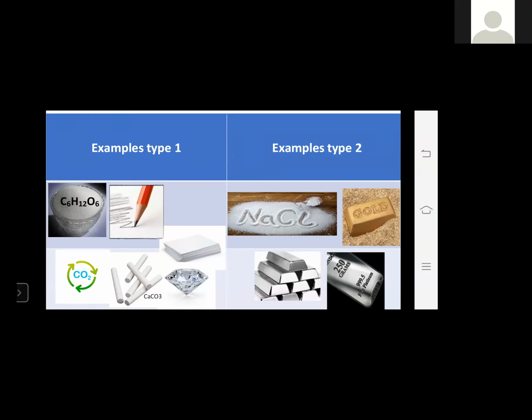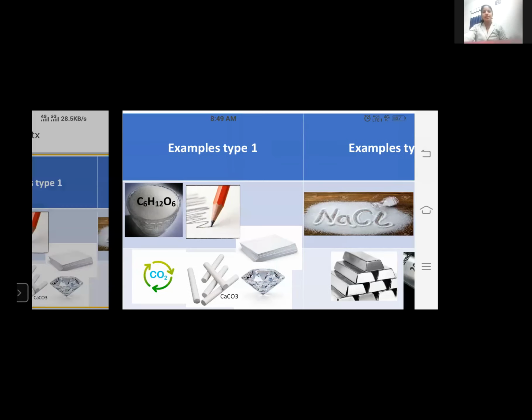I think that in examples type 1, the compounds are made of carbon, but in examples 2, the carbon is missing. So they are classified on the basis of presence of carbon. Yes, exactly. It's right, Anju. But in the first case also, the carbon in the figure is in some cases in combined form, and in some figures it is in the elemental form. Can you infer more from this, Devika?